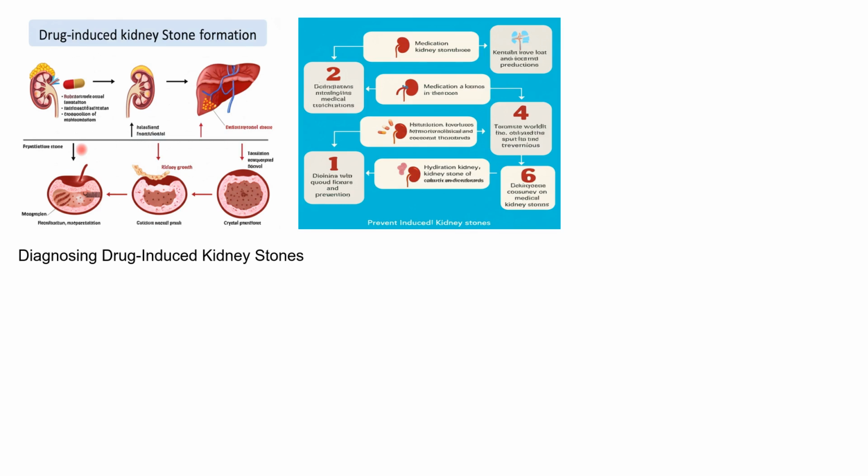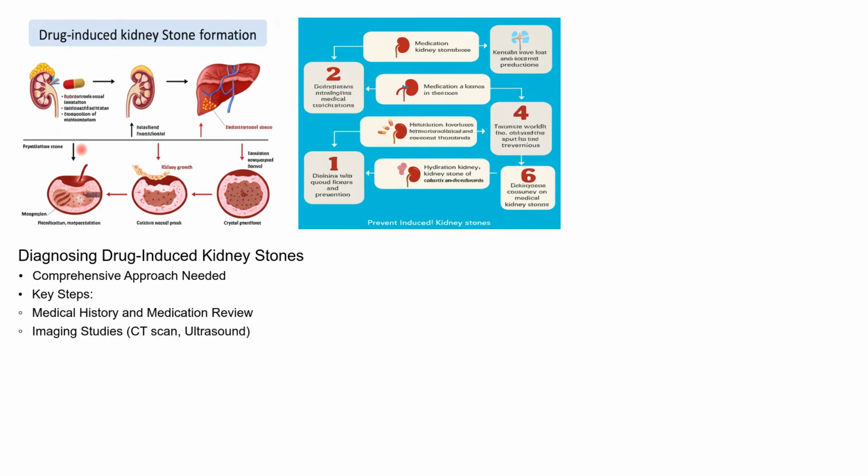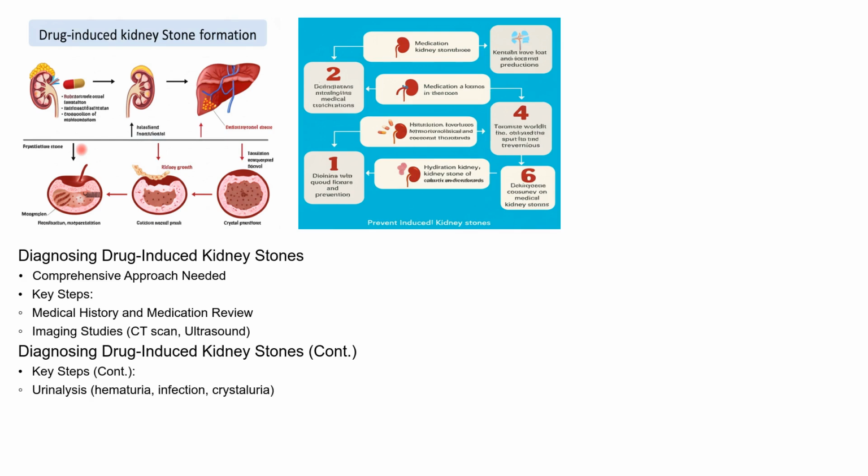Diagnosing drug-induced stones involves a comprehensive approach. First, a detailed medical history, including a review of all medications, is essential. Imaging studies, such as a CT scan or an ultrasound, are typically performed to confirm the presence of a stone and determine its size and location. Urinalysis is also crucial to check for hematuria, infection, and crystalluria, which can provide clues about the stone's composition. Finally, stone analysis, performed on a collected or retrieved stone, is the gold standard for definitively identifying the specific compounds